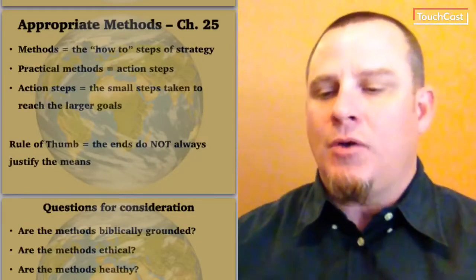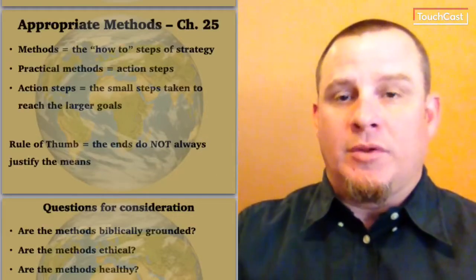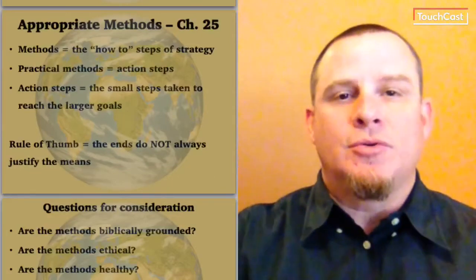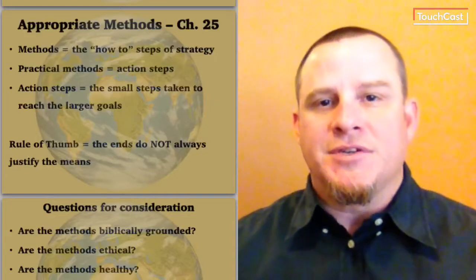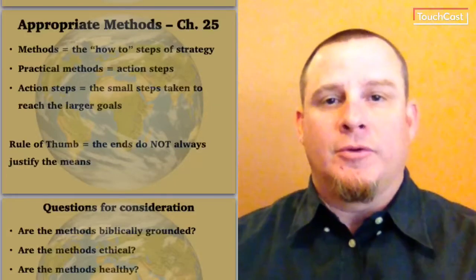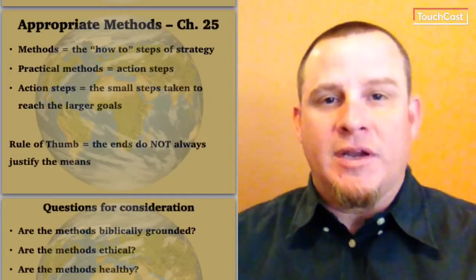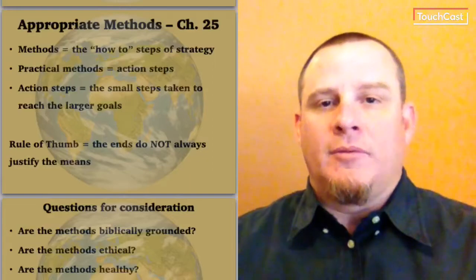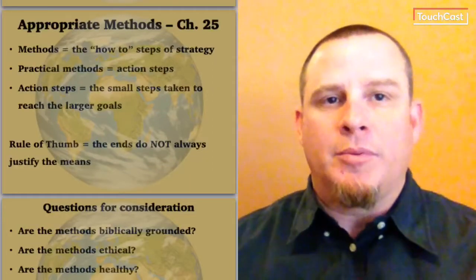The methods are how we are going to get from where we are now, where the people are now with evangelization, to get them to our end vision. So, for example, the end vision among a people group that we worked with, we wanted to see a movement of reproducing churches that were indigenously led. We wanted to see that. We wanted to see that multiplying through the people group.